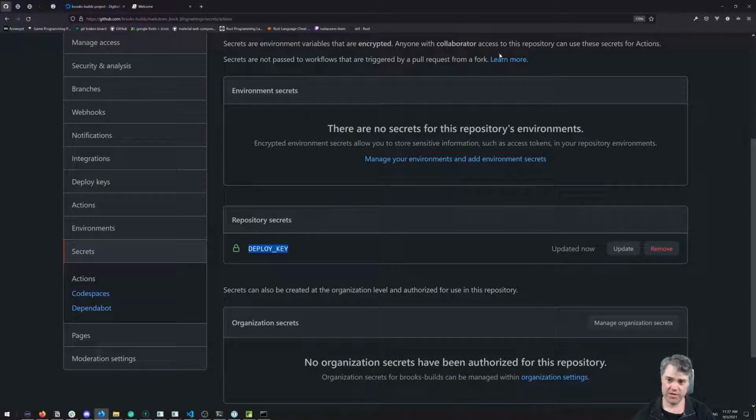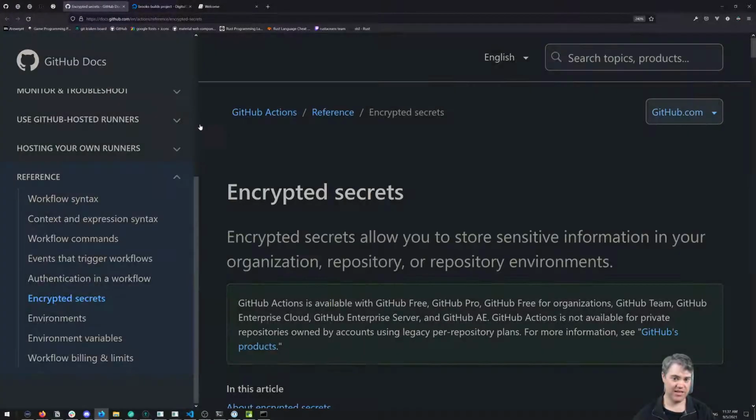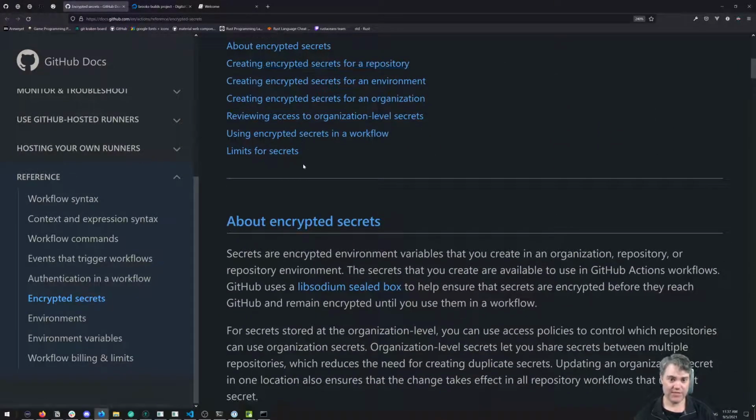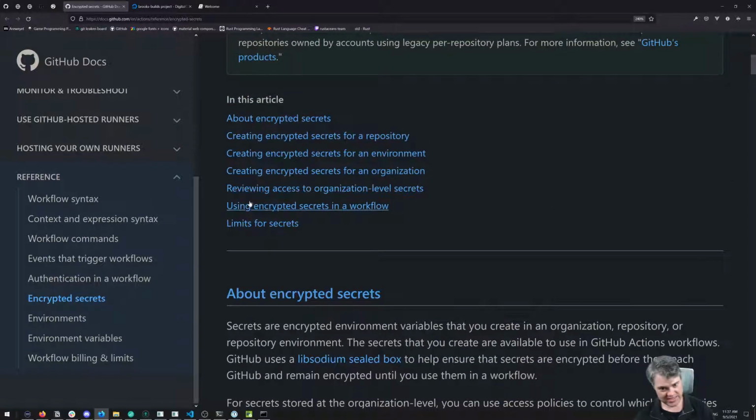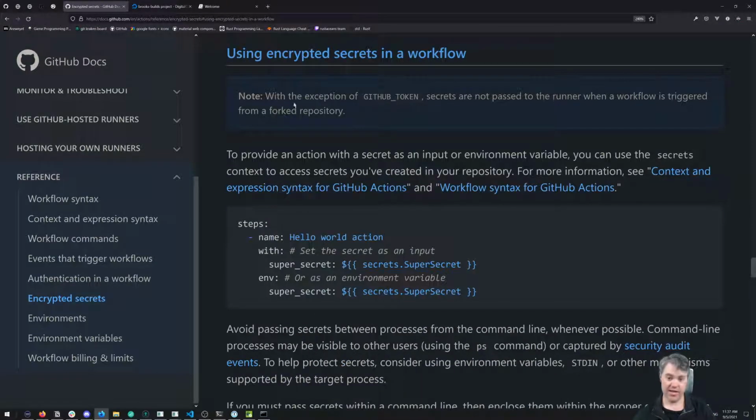There's going to be some special syntax to access it. Well, if we come to this learn more, we can see encrypted secrets. And if we scroll down enough, we can see using encrypted secrets in a workflow. If we come down to here, we'll see this is exactly what it looks like. We're going to do a $, and then basically handlebars: two open curly braces, then secrets dot, and then the name of our secret. Okay, that's pretty simple. So I'm going to take this entire thing,